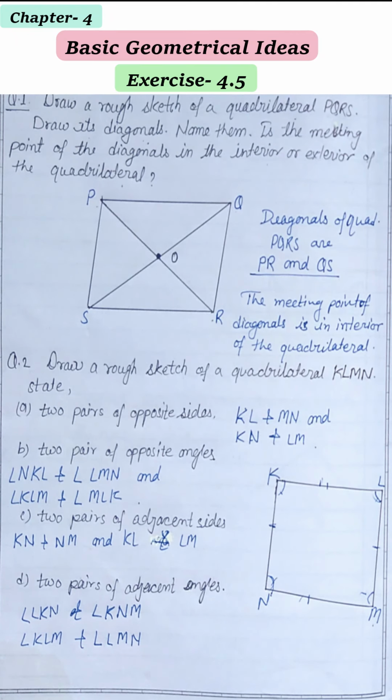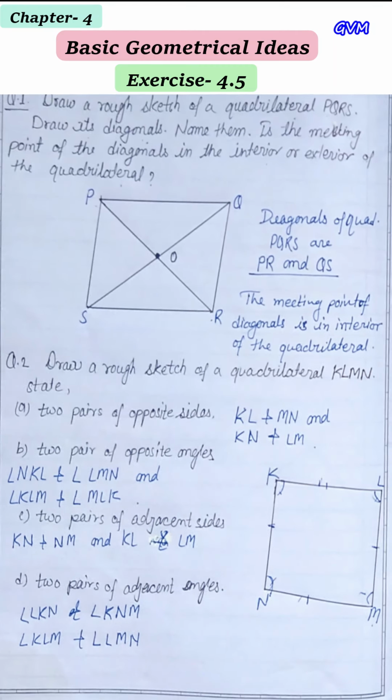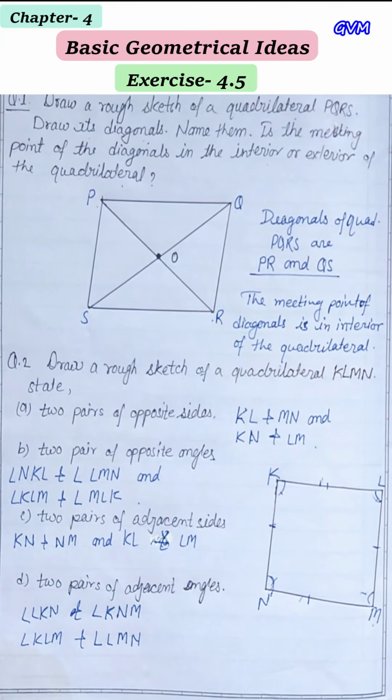So students, now you have question number 3 in your textbook that contains some activity. You need to follow the steps in this question 3 and investigate what this question is about. So this was your exercise 4.5. You need to note down these questions in your notebook. So I'll see you in the next exercise. Till then, keep practicing and keep learning.